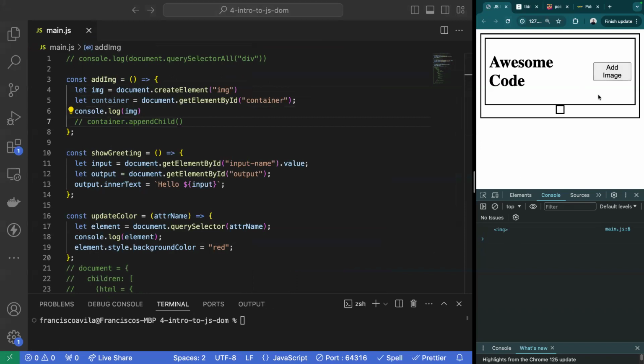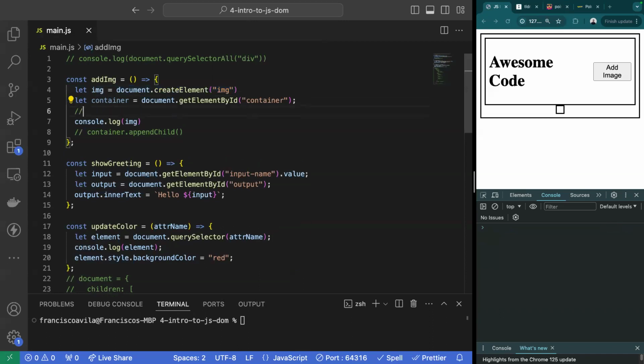Well, now when I click on add image, we can see that an image tag is being generated. All right, so there I have an image tag. Now just like in HTML, I would have an image with a source attribute set to some sort of icon, and then it would be a self-closing tag, right? I could also add a little bit of styling, where let's say my style says the